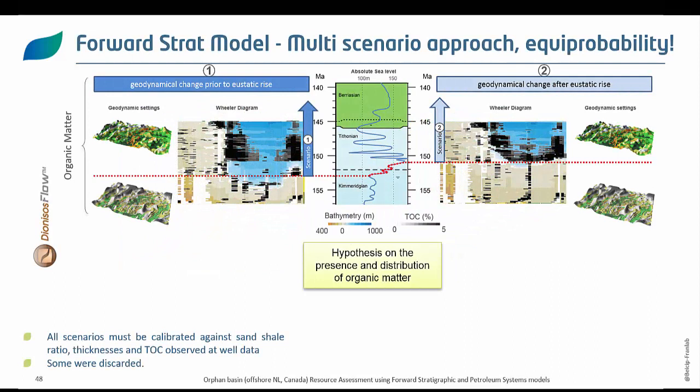So one of, as I said, the most powerful aspects of forward strat modeling is the ability to test dynamically alternative geological scenarios, see if we can calibrate all of them, and if yes, what is the impact on the distribution of the reservoirs, the seals, the carrier beds, and the organic rich material. This is what we performed in this study, where we decided to explore alternative realistic views to bring robustness into the assessment. The first hypothesis concerned the timing of the absolute sea level change in regards of a key geodynamical